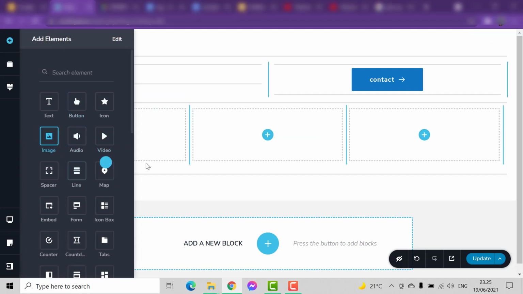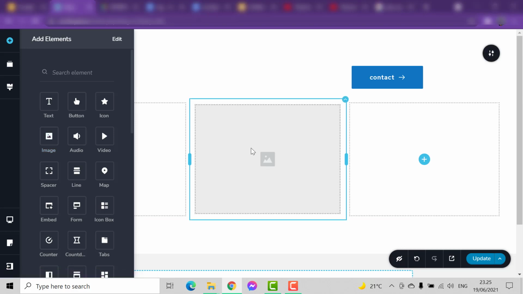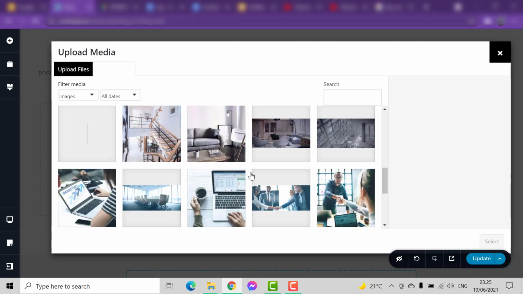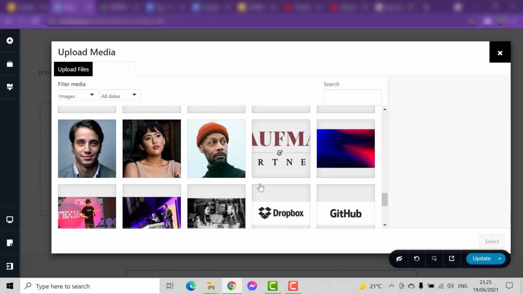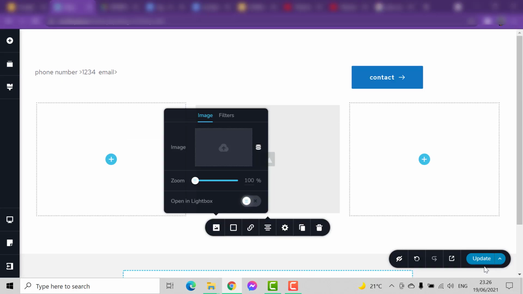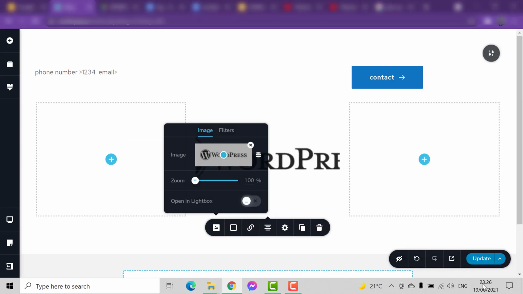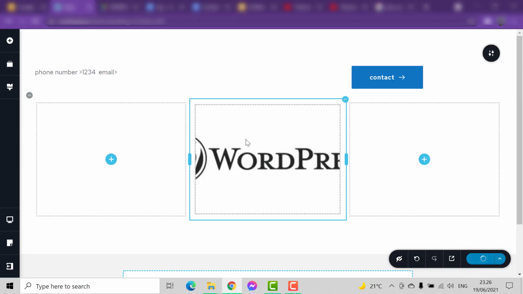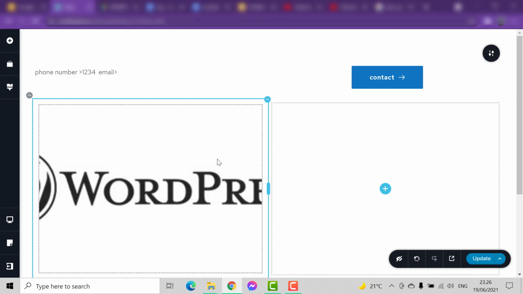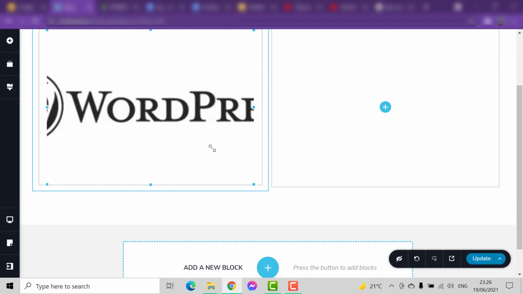I'm going to put an image here. So what is this image going to be? Well, for now we're going to choose one image as our logo. I select it and I update it. So you can see our logo is here. Now I'm going to delete this button. So the logo,